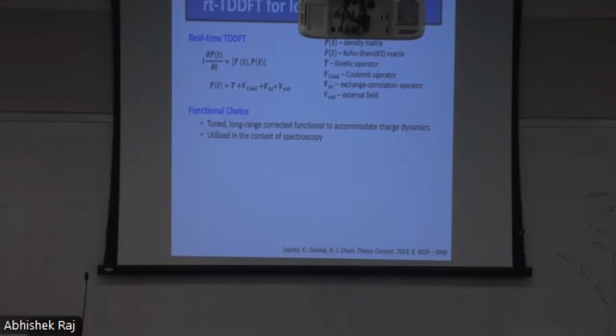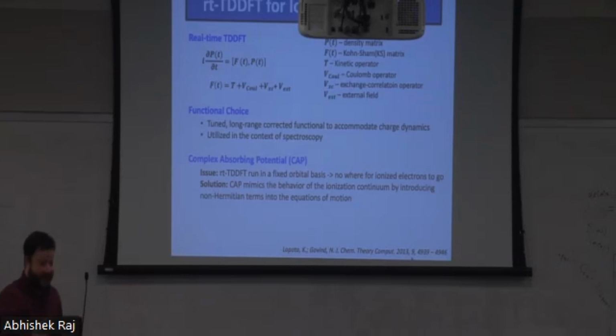Though this then boils down to the other choice: we have this ionized electron, right? And I'm not talking about the first one, the first electron I'll tell you about in a second, but this secondary ionized electron. How do we deal with that secondary ionized electron? The main issue is that we're going to be running real-time DFT in some fixed orbital basis. So I don't actually have an ionization continuum, and I really don't have anywhere for it to go. I really have a finite system. So what we're going to do, and this is again nothing new,